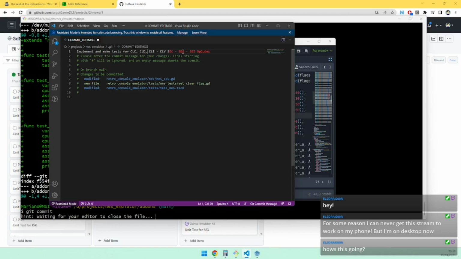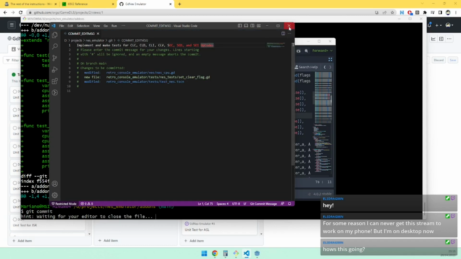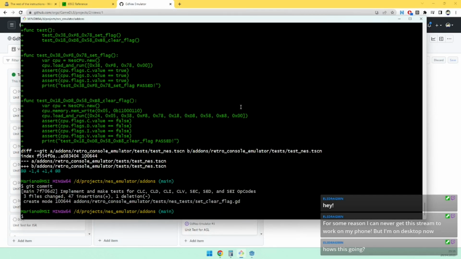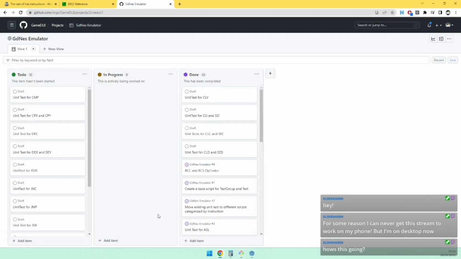Clear carry, clear decimal, clear interrupt, clear overflow, set carry, set decimal, set, and set interrupt. It pushed origin name. So, next,